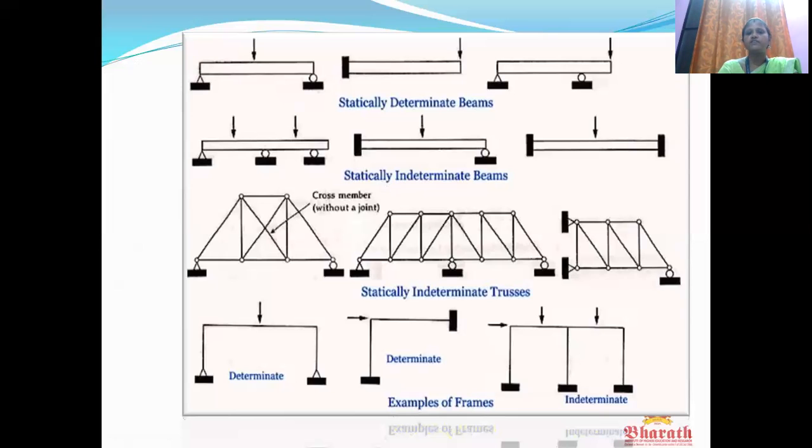So these are the pictures for statically determinate beams and indeterminate beams. Similarly, for all structures, if we use the equilibrium equations and the result is equal to 0, we call that type of structure statically determinate. If it is not equal to 0, if it doesn't satisfy the equilibrium equations, we call that type of structure statically indeterminate. This applies to trusses, frames and beams. So this is one example.